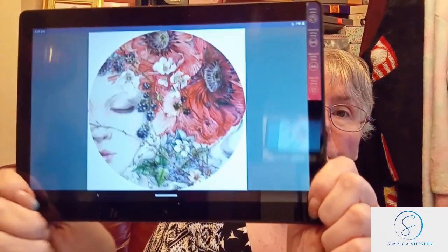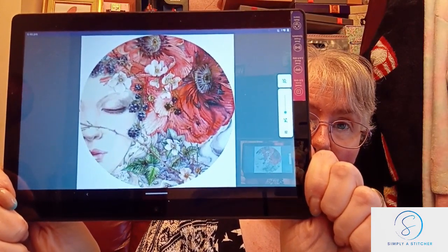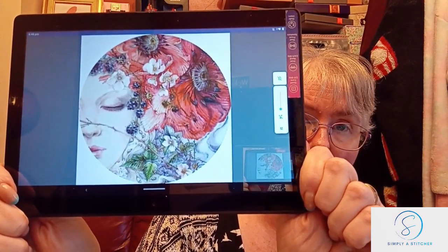First piece that I've worked on is this one. This is She Sleeps, artwork by Stephanie Pui-Mun Law, charted by Heaven and Earth Designs. This one was out and stitched with me this week. I've put in 1,000 stitches. It's gone from 18.12 to